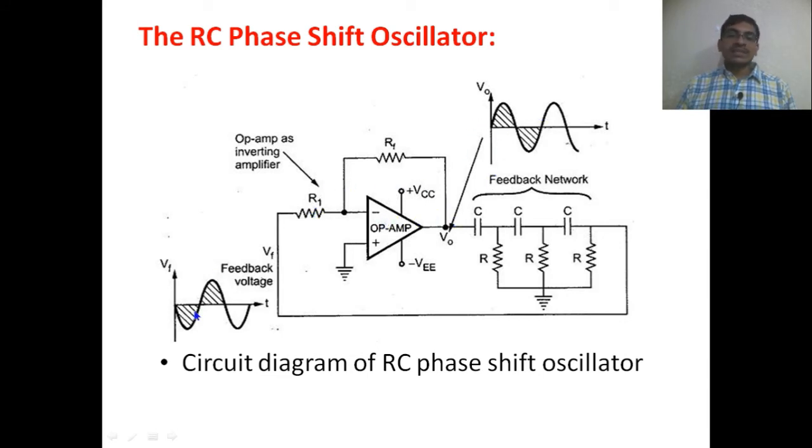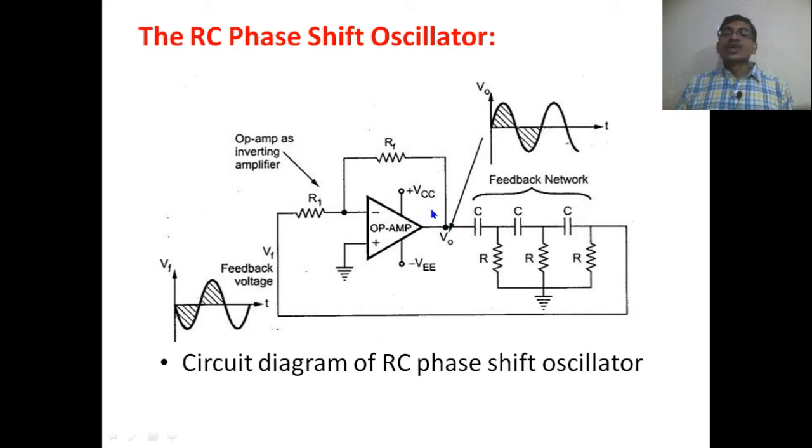In the waveform itself, you can understand that the input signal starts from the negative half cycle to the positive half cycle, and the output of the amplifier starts from the positive half cycle to the negative half cycle, which is exactly opposite. This means that a 180 degrees phase shift is there between the input of the op amp and the output of the op amp, because it is working in the inverting configuration.